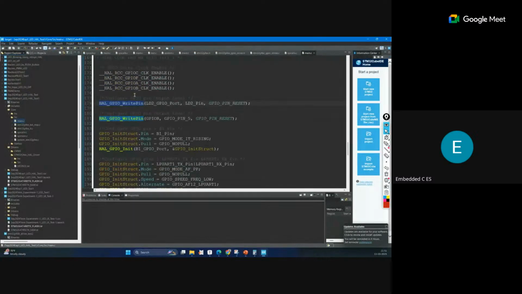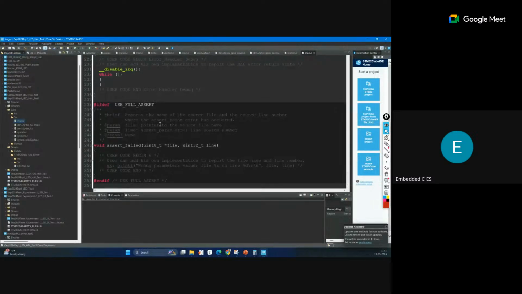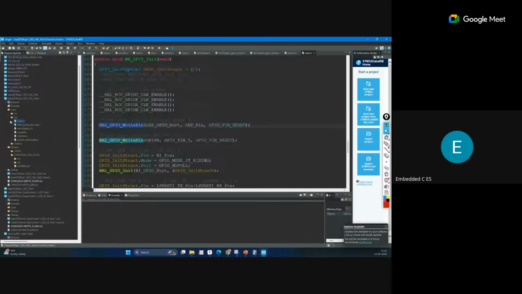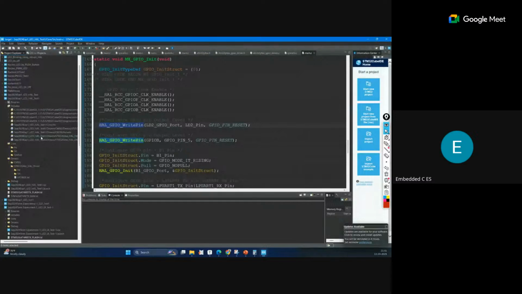So in HAL programming this driver is added by default, because it is provided to us by the board company. But if you want to create a similar type of driver on your own, you have to create a driver folder, create all this INC and SRC, include that in your project, and call this header file in your main program. Then it will work.